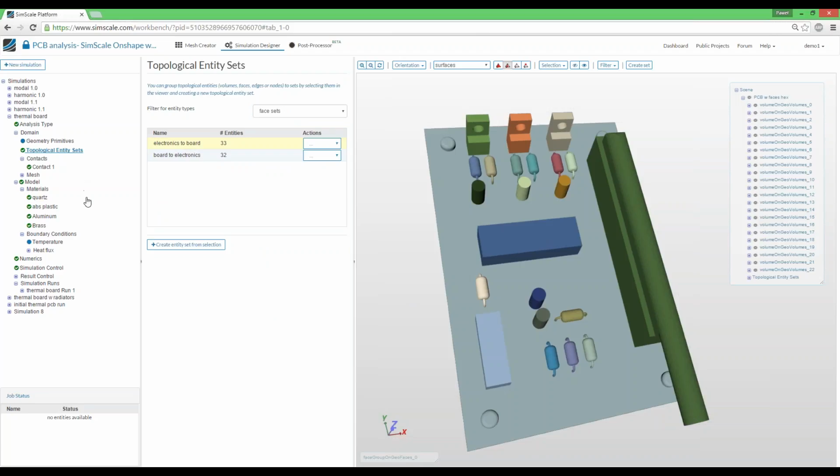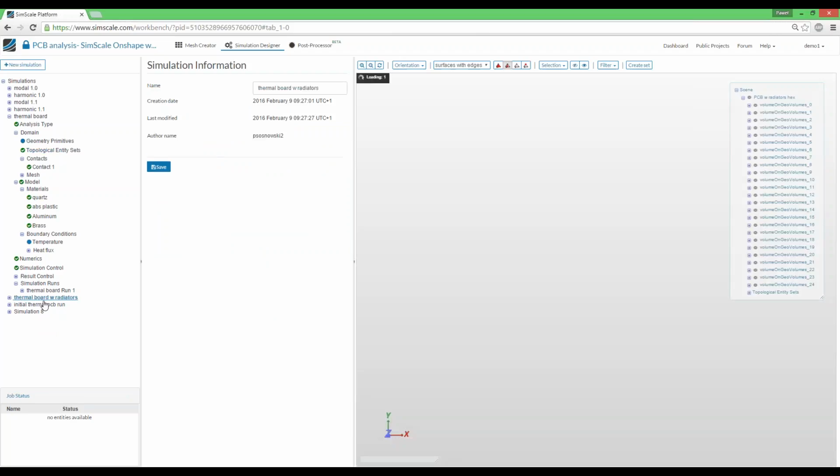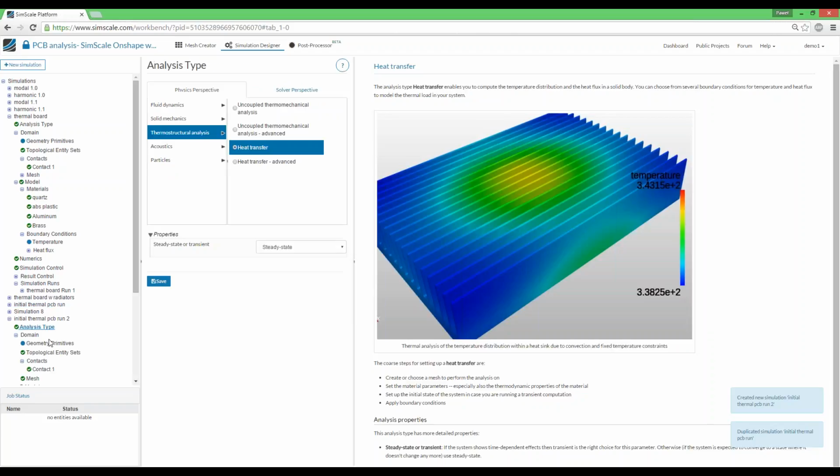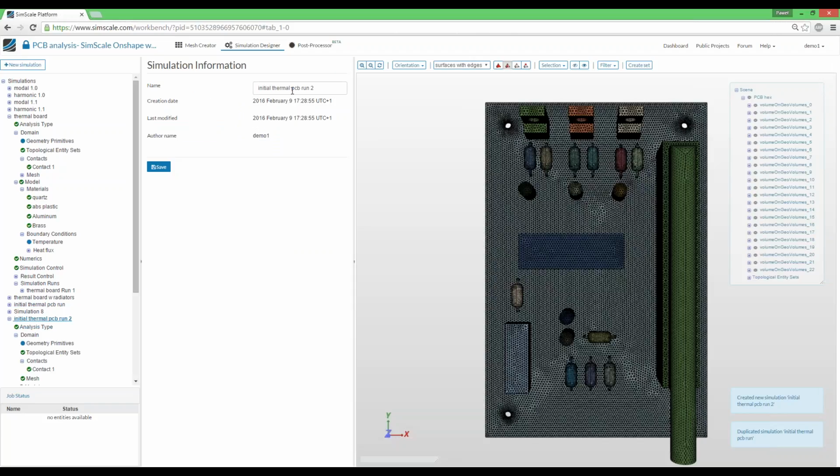But after doing that, it becomes really fast since we can simply copy and duplicate the initial simulation. So let's do just that. We can duplicate the existing run, rename it